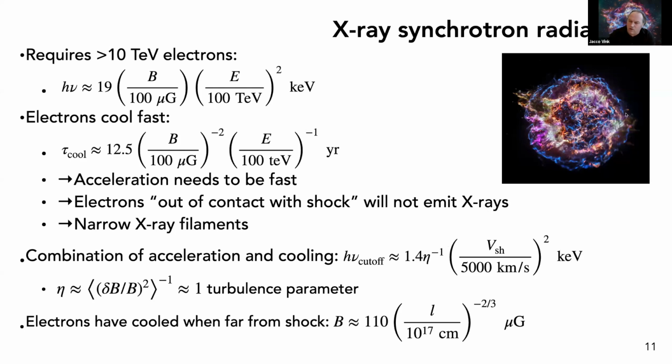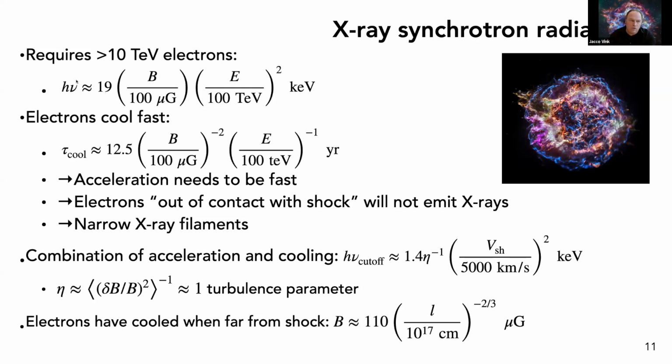So this also tells you that if you look at this picture here and you see X-ray synchrotron emission, the turbulence level must be very high, and you're close to this minimum of eta is 1, which is called the Bohm limit. So this is something that happened over the last 25 years or so, that we have recognized that in young supernova remnants, we have fast shocks, we have acceleration there, and the turbulence factor near the shock must be pretty high, close to 1.